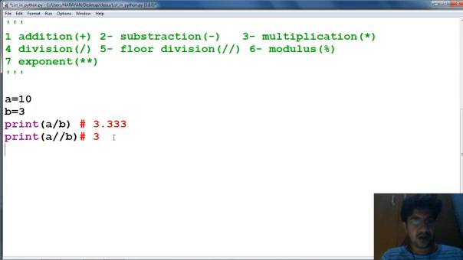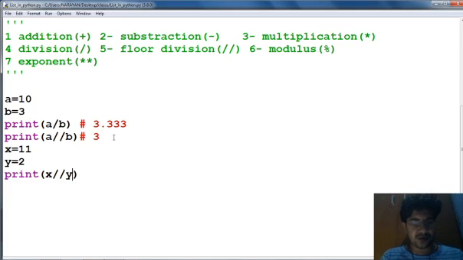Now if we take x equal to 11 and y equal to 2, then print x floor division y.